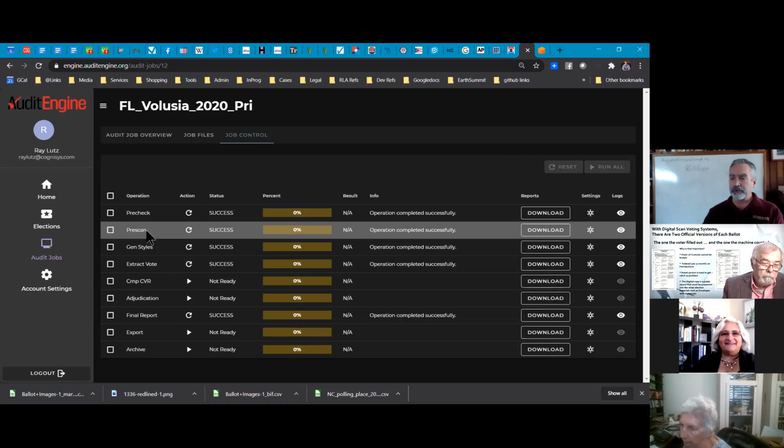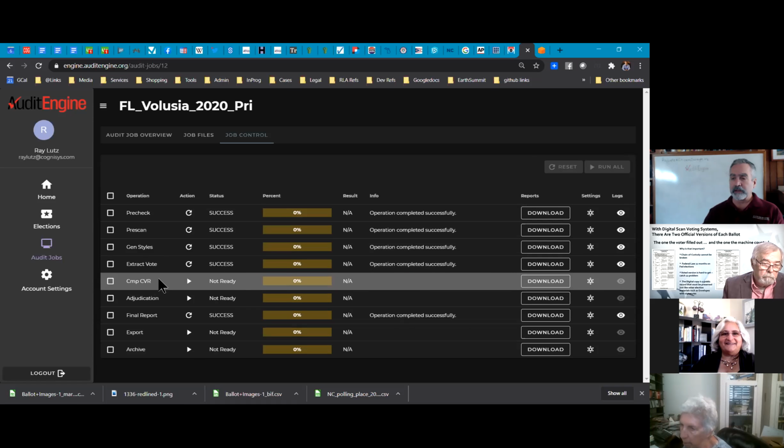So, down here, as we go through this, I just wanted to make sure. So we do a pre-check, the pre-scan, we generate the styles, we extract the vote. Then, if we have the CVR, we do a comparison. What that does is it takes the marks block and it takes their section of their CVR out, and sends that to a Lambda, and it compares those 200 ballots. It takes enough time so that we dish those out as well. And then we get back chunks of comparison result, and then those are boiled down to tell us where there's any issues. And it's pretty nice to see that. I'll have to do that in another session, but